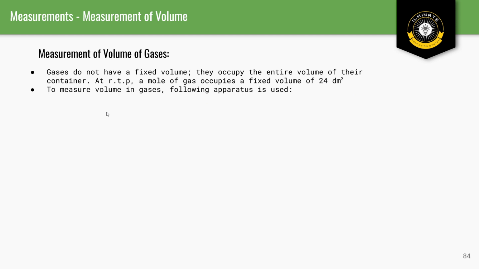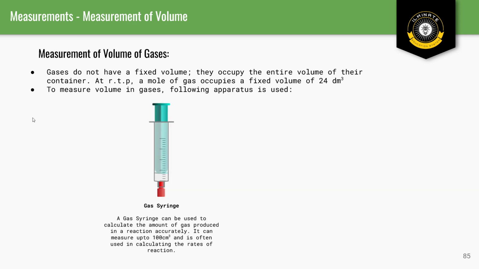And knowing that basic fact about gases, which we'll be looking at in stoichiometry, chapter number 4 or 5, I guess, later, we also have to look at some of the apparatus that's used to measure gas. So first we have a gas syringe, which can be used to calculate the amount of gas produced in a reaction accurately. So let's say, for example, like we were discussing the example of acid and base